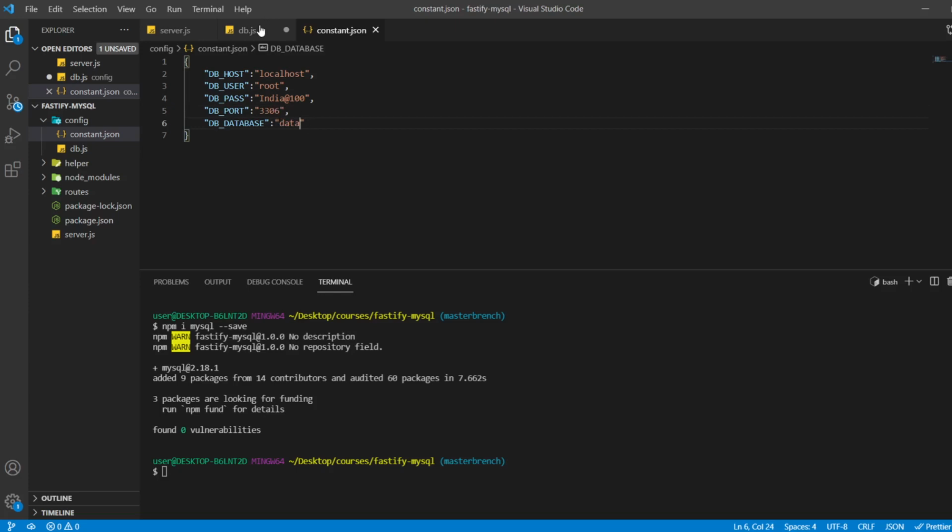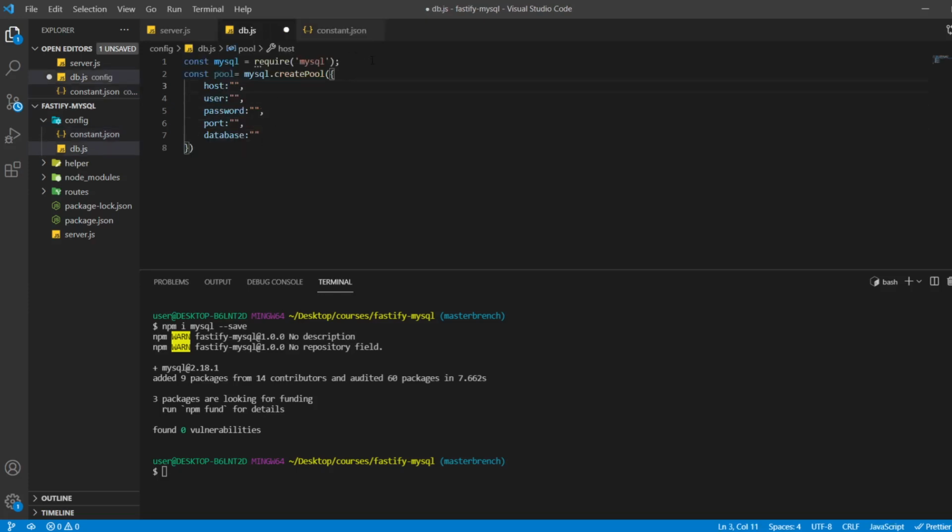Okay, and here we'll first import that file, const config equal to require,